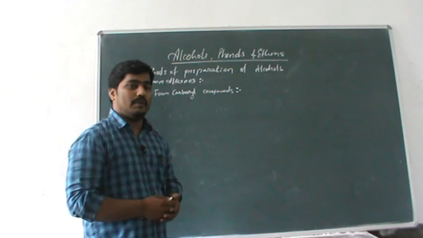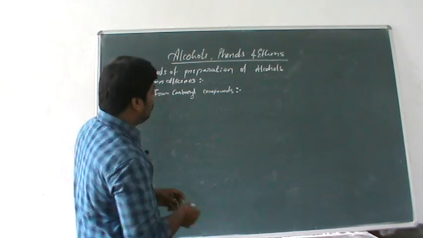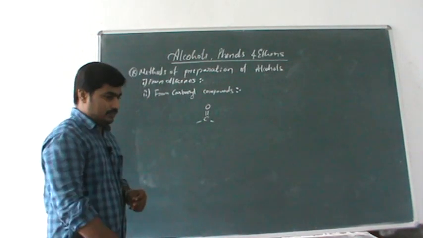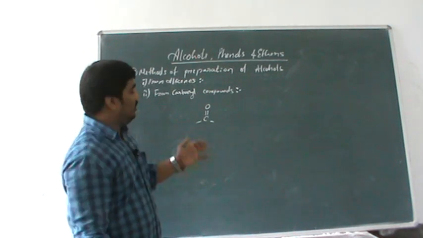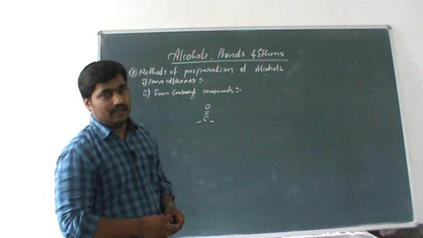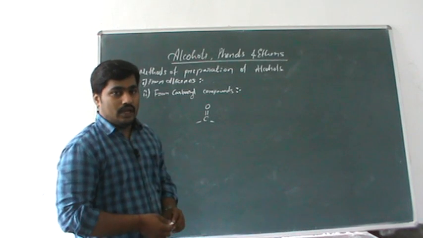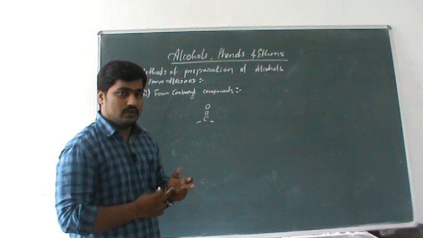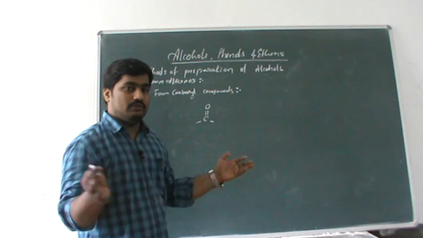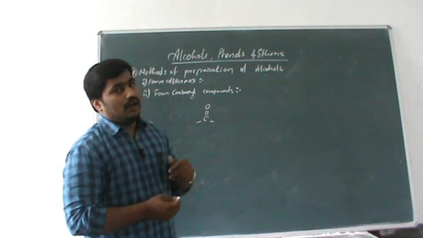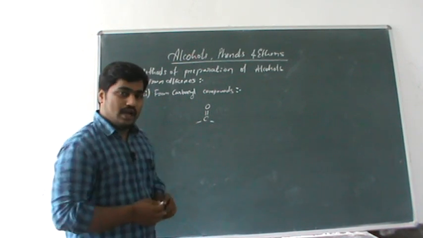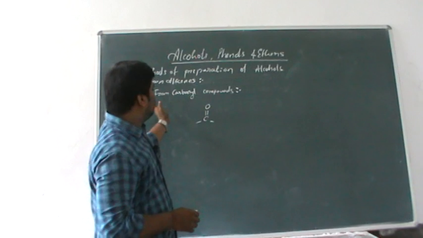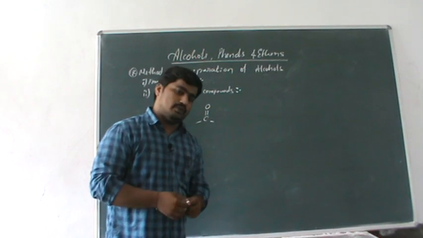Then what do we mean by carbonyl compounds? Carbonyl compounds are compounds containing a carbon-oxygen double bond. Simple examples are carbon monoxide and carbon dioxide. These are inorganic compounds. In organic compounds, the carbonyl compounds are aldehydes, ketones, carboxylic acids, and the derivatives of these compounds: esters, acid chlorides, and amides. So these are examples of carbonyl compounds and their derivatives.